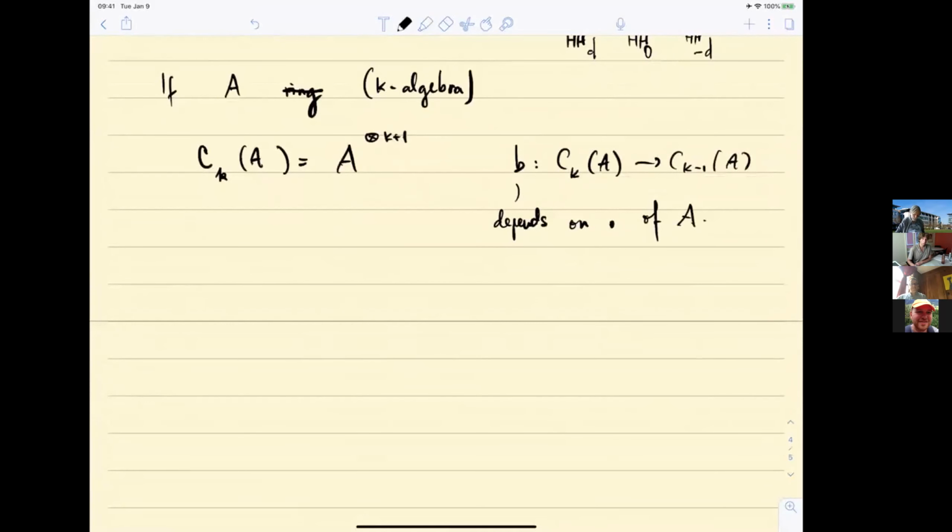Now, this also makes sense for an A infinity algebra, and I apologize that I will have to say really quickly what an A infinity algebra is. If anybody doesn't know what an A infinity algebra is, you will have to basically look it up. So this also works for an A infinity algebra,